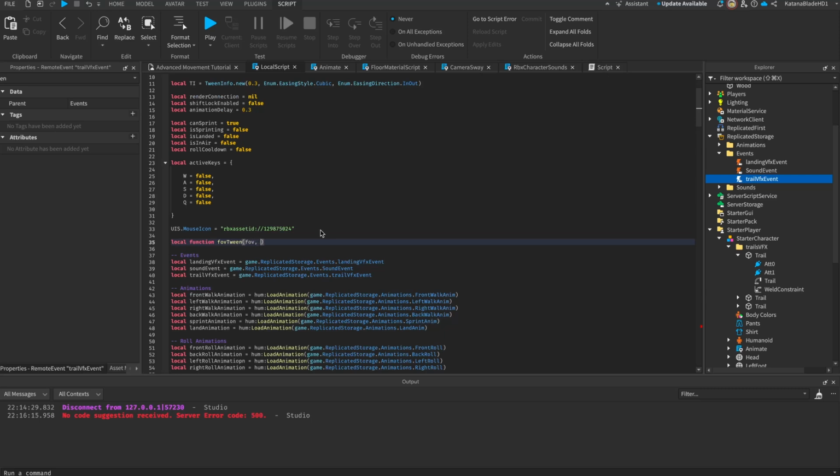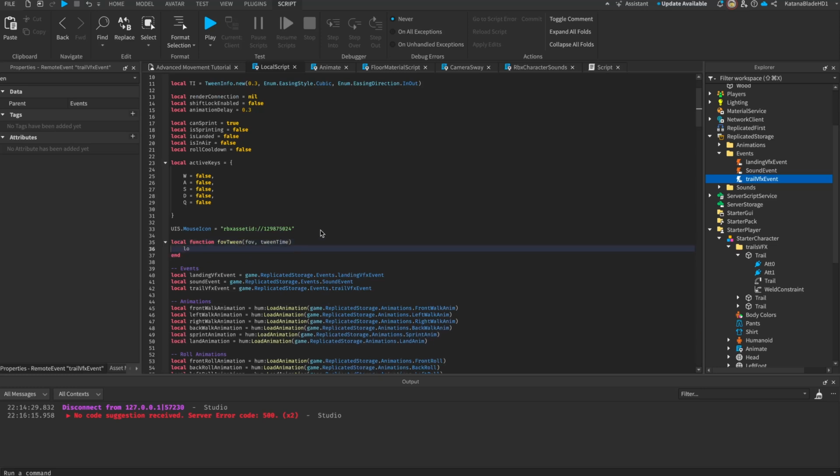Be passing the FOV and the tween time. What we do is create local tween goal, which will be a dictionary, field of view. This is equal to our FOV,